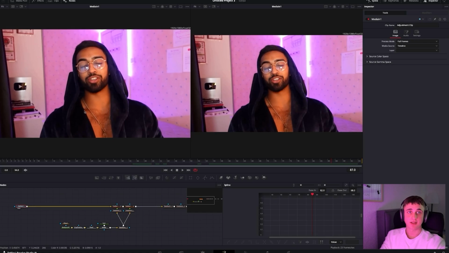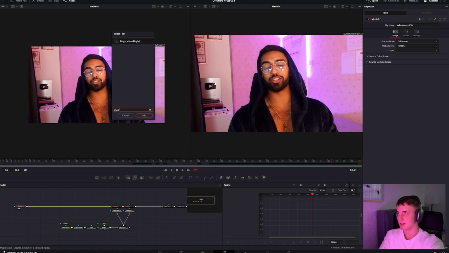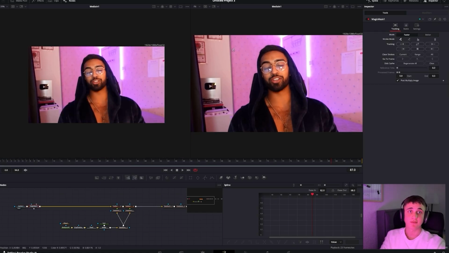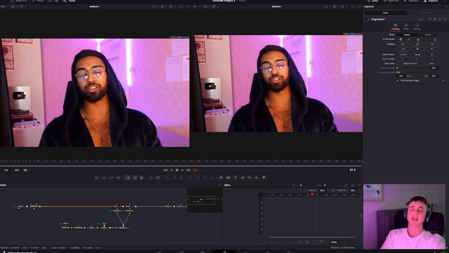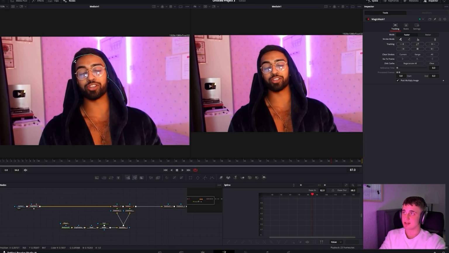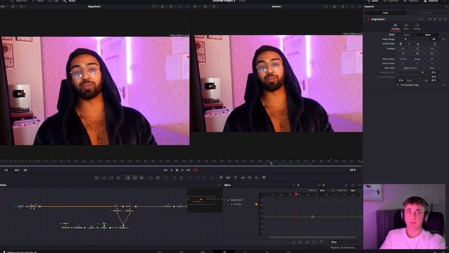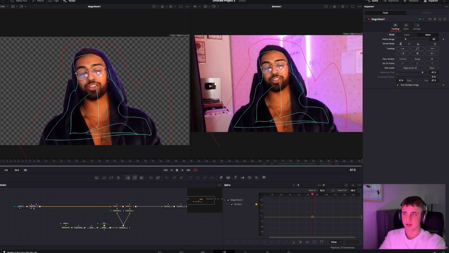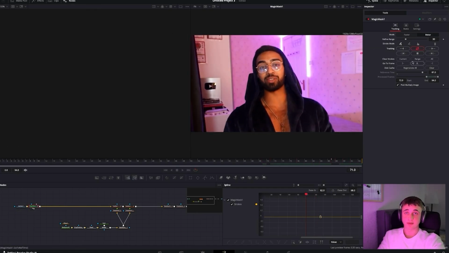Now let's cut his body out, because why not? So Magic Mask, if you don't have DaVinci Studio, you could go in CapCut. I don't know if it's still free, but you can cut him up and just put a green screen behind him and get him back in the software. Another thing you can do is go on an online thing, like type background removal on Google and you should have something. Now let's just try this.